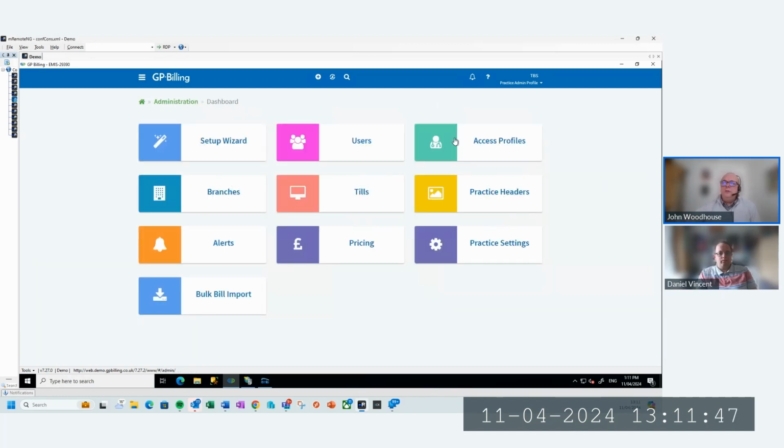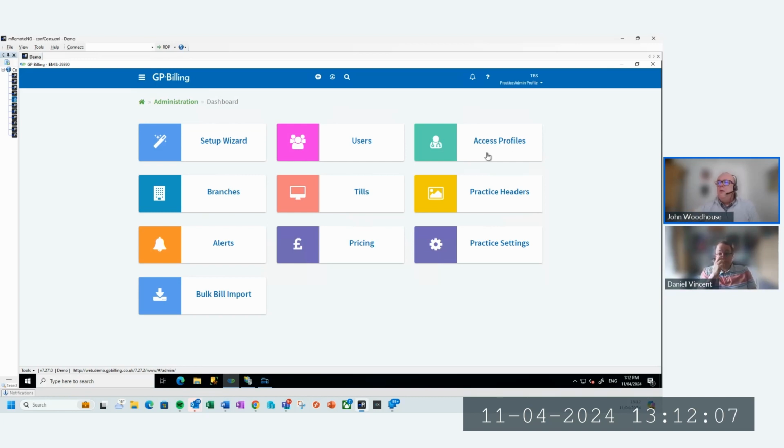Administration, so you have full control. The system comes configured with a lot of different access profiles. You can synchronize all your users through from your clinical system. You can synchronize your configuration through from the clinical system. So again, we're trying to reduce the amount of time it takes to get set up and start benefiting from